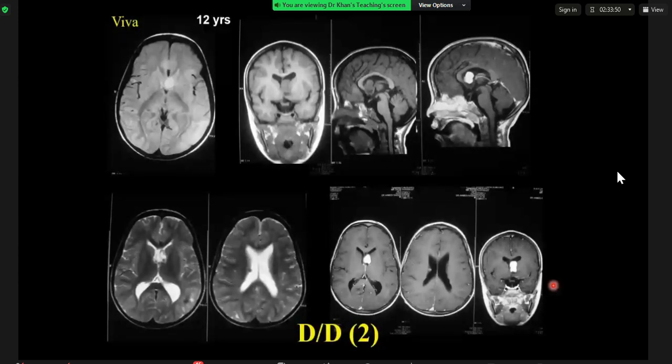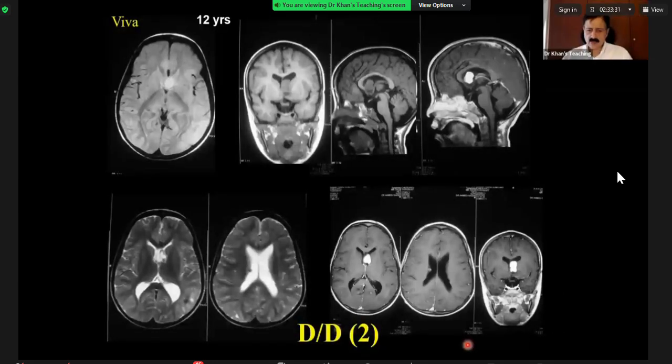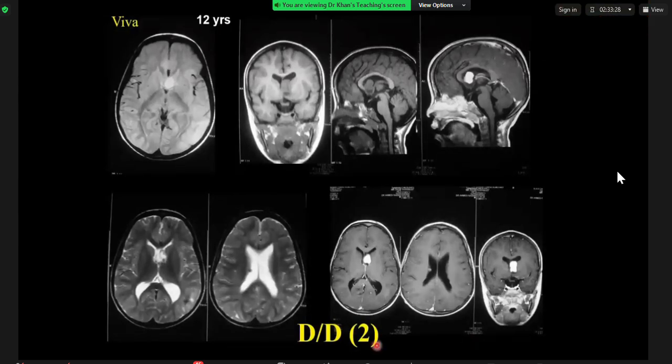On T2, there's a mixed signal intensity. This particular lesion is demonstrating quite mixed signal intensity. So my differential here, there's also, I can see a subependymal nodule on the second last sequence. So what is your conclusion? So my conclusion here is we are dealing with a case of tuberous sclerosis with subependymal nodule and subependymal giant cell astrocytoma, which is avidly enhancing on post